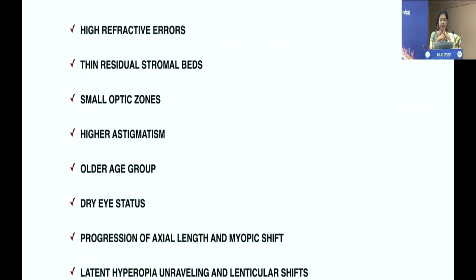a high refractive error. You could find regressions if there's a thin residual stromal bed, if you have used smaller optic zones, if you're treating higher astigmatism, if you're treating older age group patients, if there is a dry eye status which has not been detected, and also if there is a change in the axial length and there has been a myopic shift in these eyes, and also a latent hyperopia which gets unraveled and there are some lenticular